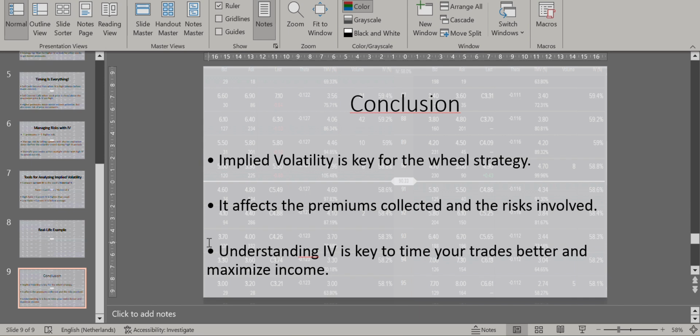And so it's key for you to let the volatility event go, and then after the event happens, you resume normal service. You continue to sell the options, especially if you are selling the puts, and of course at that time volatility will be much lower, but for sure you will find other alternatives with better premiums according to the risk, in order to continue to pursue the strategy. But timing the trades is key, and in order for you to time your trades as best as you can, understanding implied volatility is key, and by doing so you'll be able to maximize your income, because these occasions in which there are volatility events are a prime opportunity for you to get more premiums from your trades,